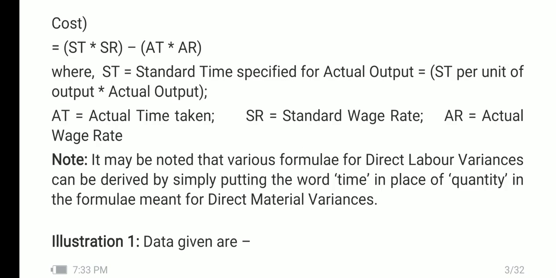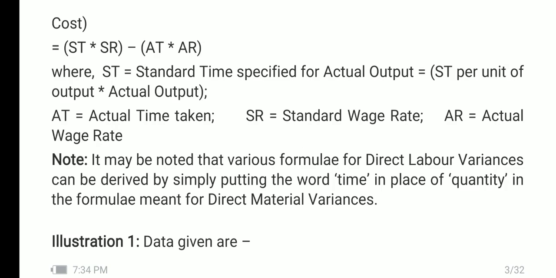So, it is computed in this manner, that is equal to ST into SR. ST is given like this. ST is equal to standard time specified for actual output, that is equal to standard time per unit of output into actual output